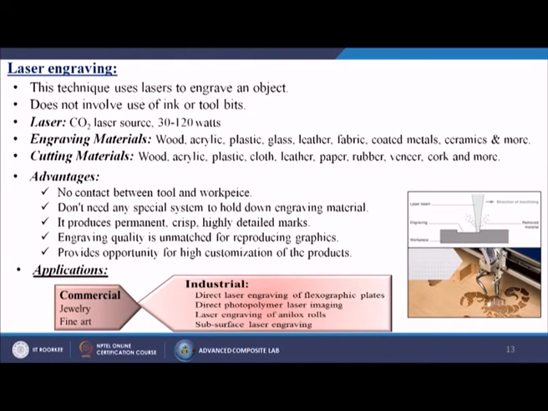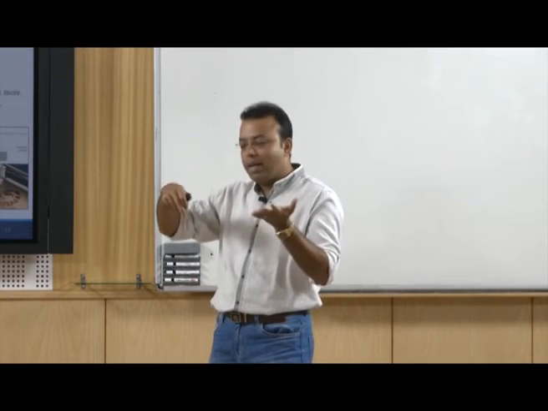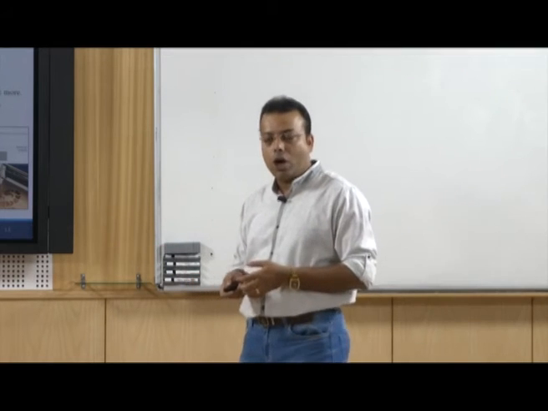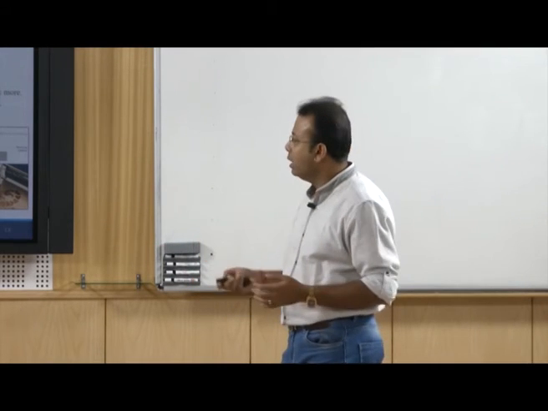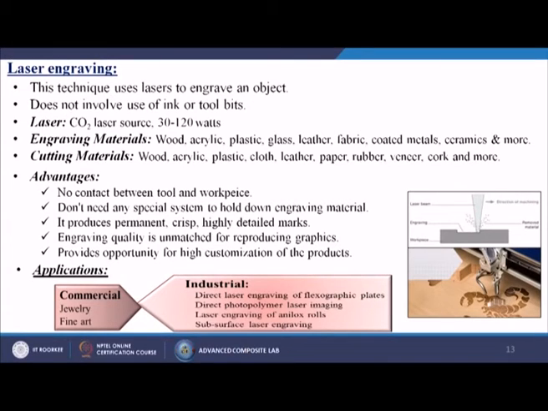There are certain advantages also: no contact between tool and workpiece, only the laser from a particular source directly falls onto the base material and you do the modifications or the designing. You do not need any special system to hold down the engraving materials, and it produces permanent, crisp, highly detailed marks.